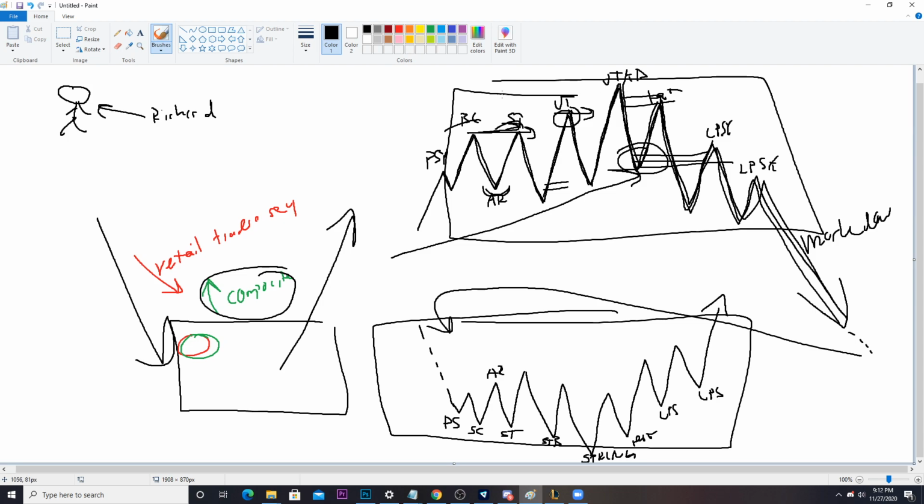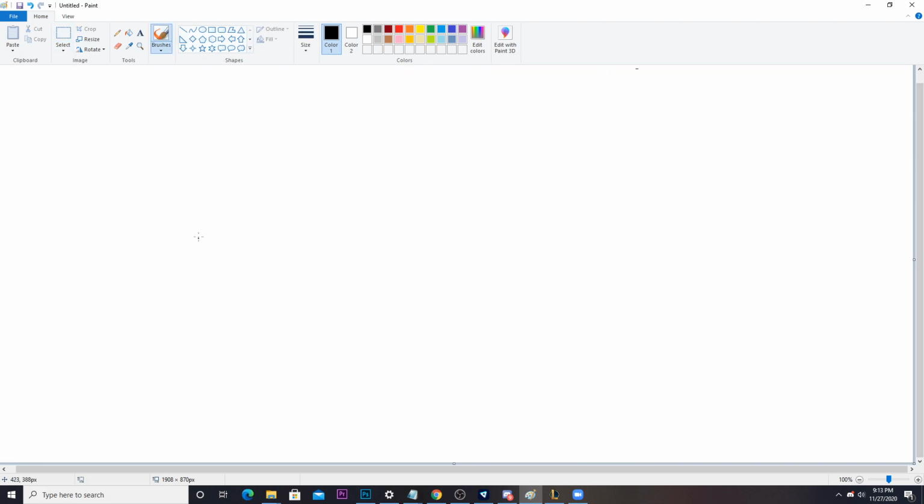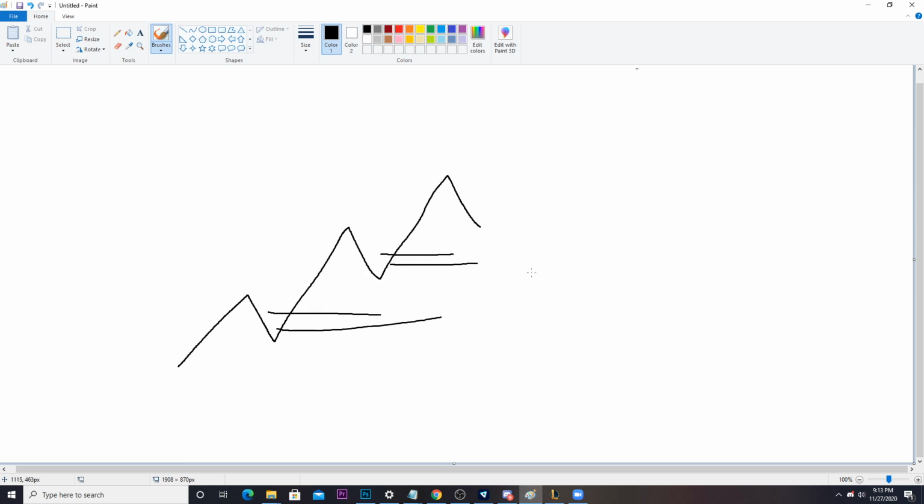So now, understanding this, based on all the other videos you now have an extra tool in your arsenal. And that is huge, in the form that you already understand how to look at structure on higher time frames. You already know how to look for certain things or order blocks or fills of imbalance, right? Maybe fills of half of the imbalance. You already know how to look for all this stuff. And you already know what to expect at areas like that, right?